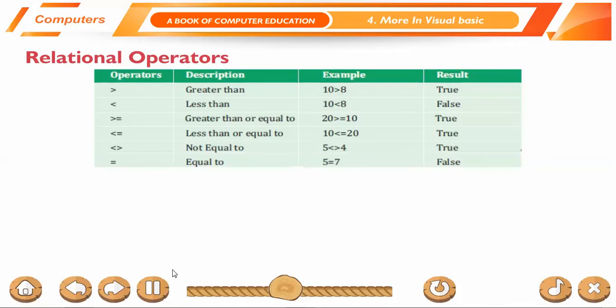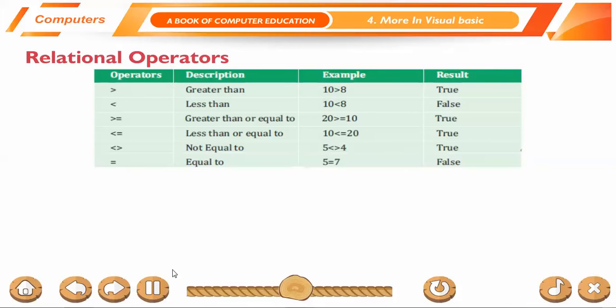Relational operators. Operators, description, example, result. Greater than: 10 is greater than 8, true. Less than: 10 is less than 8, false. Greater than or equal to: 20 is greater than or equal to 10, true.